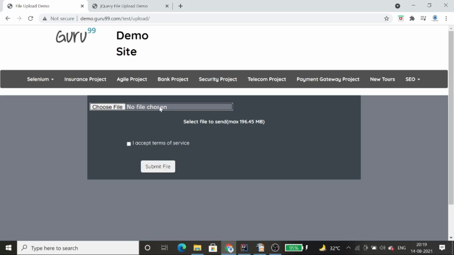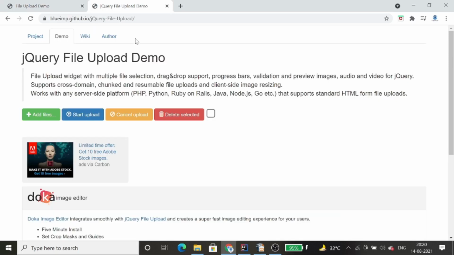You can see in the UI if there is a text box, you can easily use the send keys command available in Selenium. तो अगर आपको टेक्स्ट बॉक्स दिख रहा है तो आप सिंपली सेंड कीज कमांड का यूज़ कर सकते हो फाइल अपलोड करने के लिए। And the second way is that we upload a file when no text box is available.